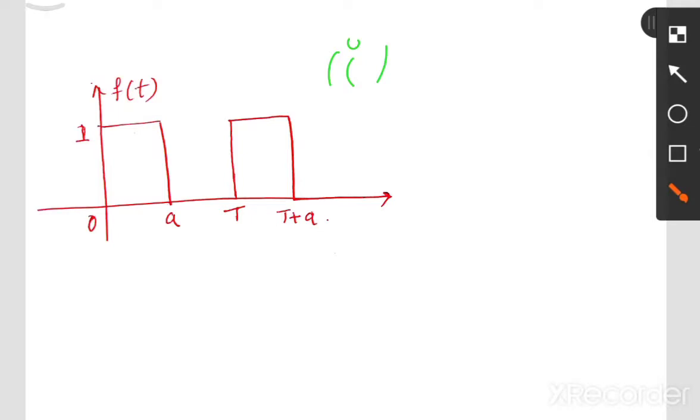Now we'll see the relationship between these standard functions, that is step, ramp and impulse, how these three are related to one another. Remember, whatever signal we have taken of step will be a unit step, and ramp will be a unit ramp, and obviously delta is the impulse function.